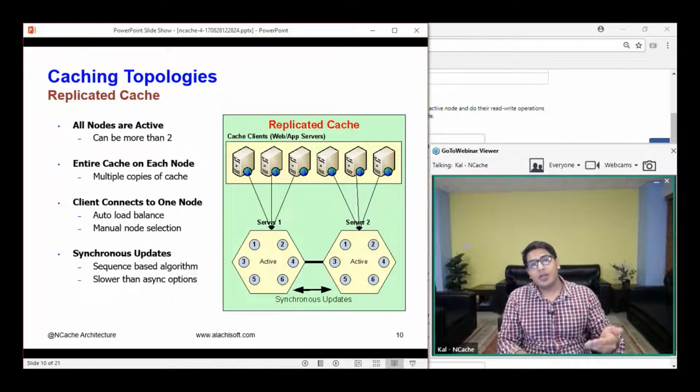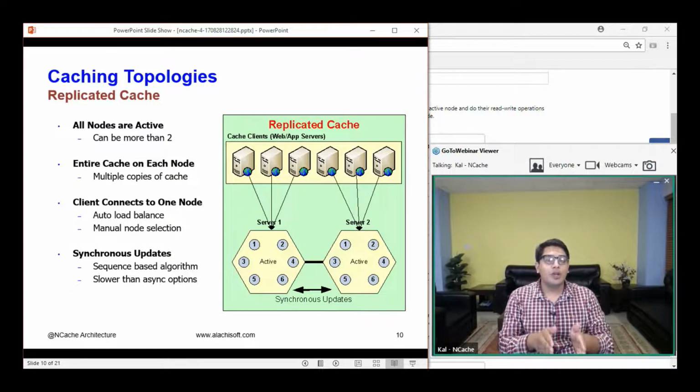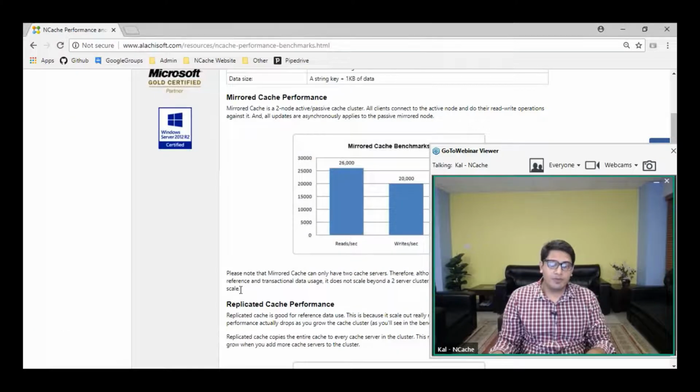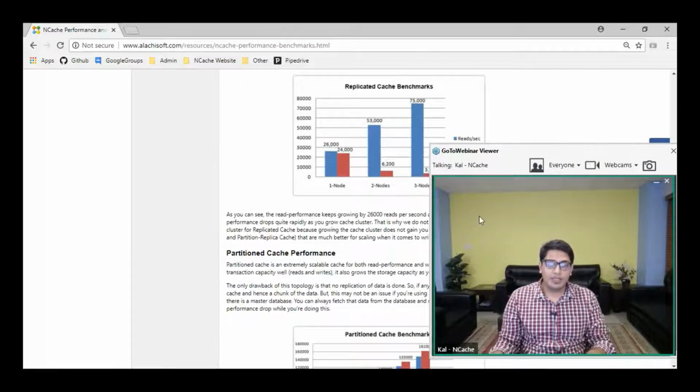As I mentioned earlier, once you initialize the cache within your application, the application gets a view through which it knows how many servers are currently present. So if the one it's connected to goes down, it has IPs of other servers through which it connects and continues to work just fine. If you talk about the benchmark numbers for that,